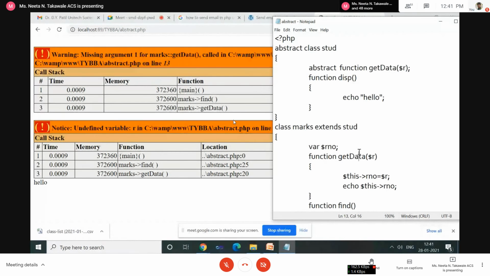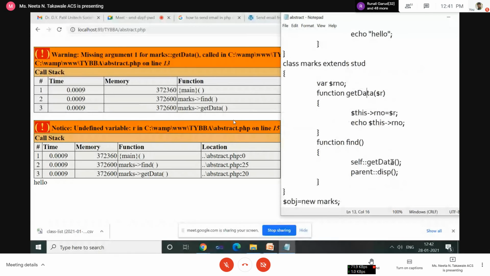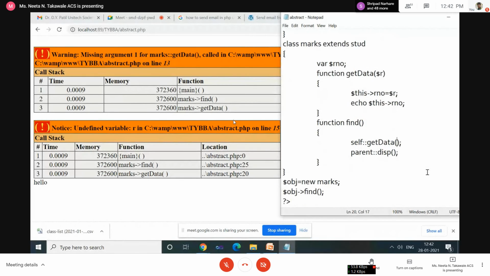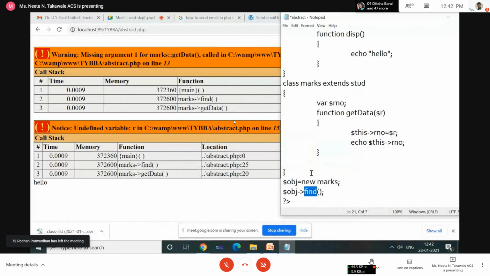Yes, we declared it, right? Here, get data. Now to call it you have to pass the value.